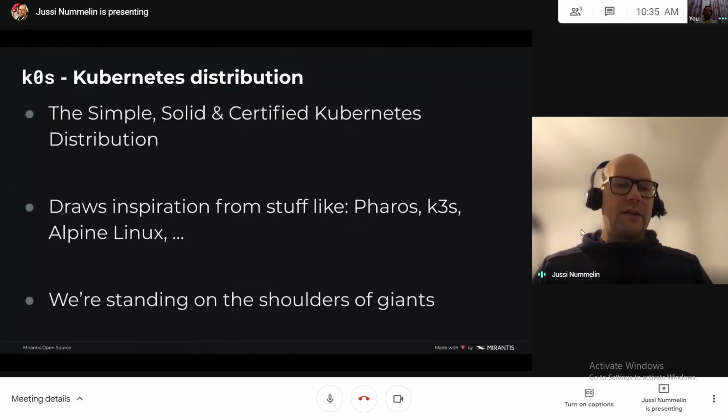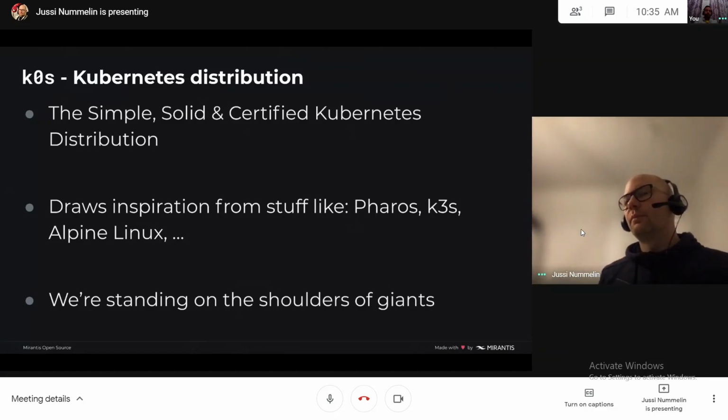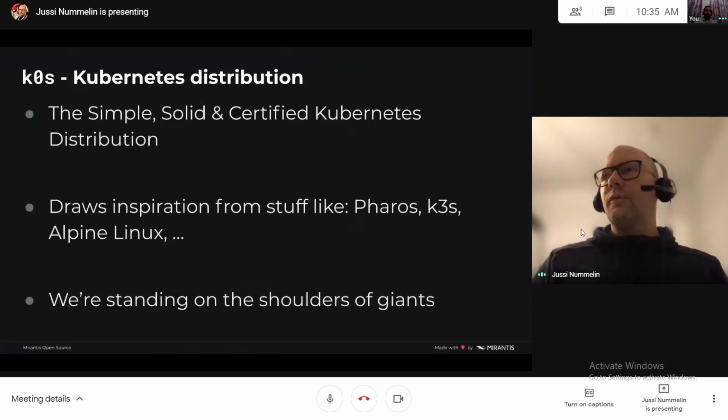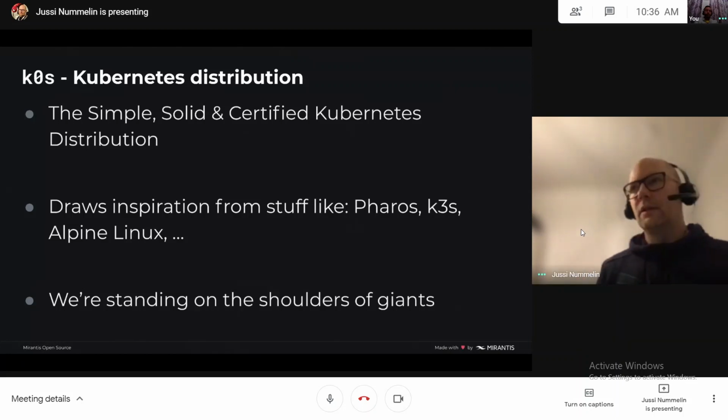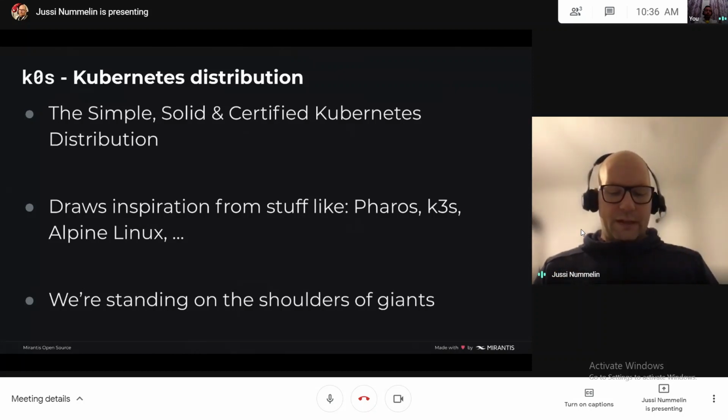Alpine Linux is another place where we draw inspiration quite a bit. But at the same time, we have to acknowledge that we're really standing on the shoulders of giants. We wouldn't be doing k0s if there weren't things like Kubernetes to start with. So we're really standing on the shoulders of the open source giants.